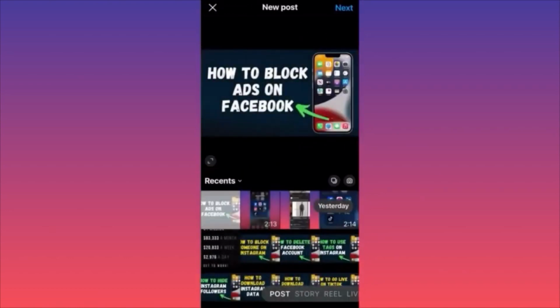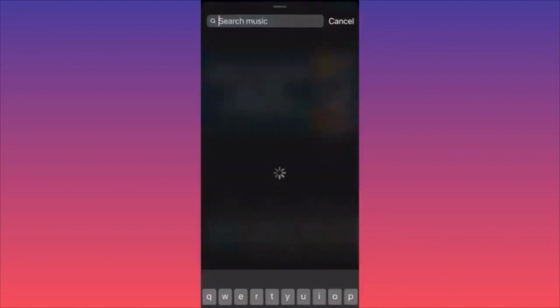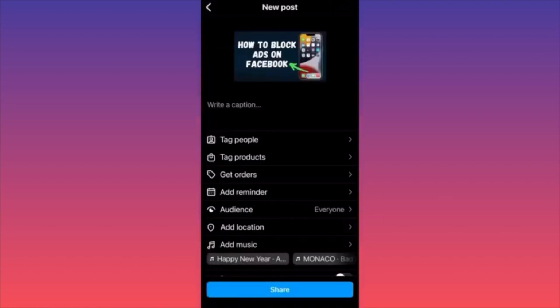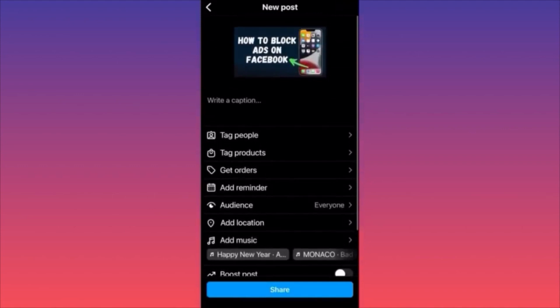Let's select the post. This is what we're going to schedule. You can actually select multiple images, multiple posts, by simply clicking on the double square, or pictures or videos, whatever you like. When you're ready with a single post, in our case, you can press next, and then you can press next if you're ready. You can add music over here. Not gonna do that. You can press next, and then you have a very small interesting option over here,